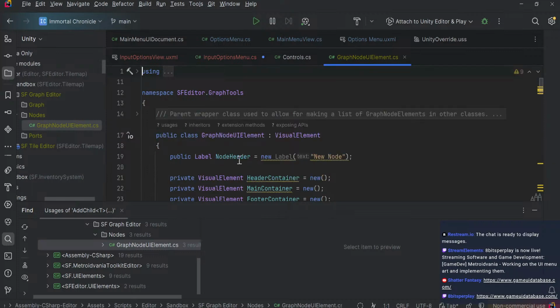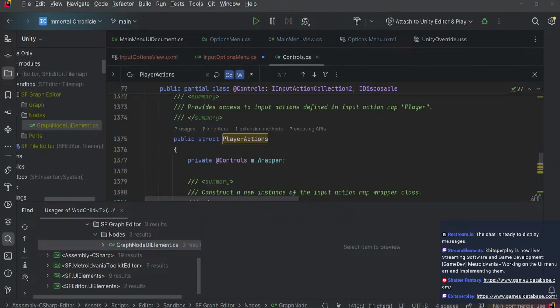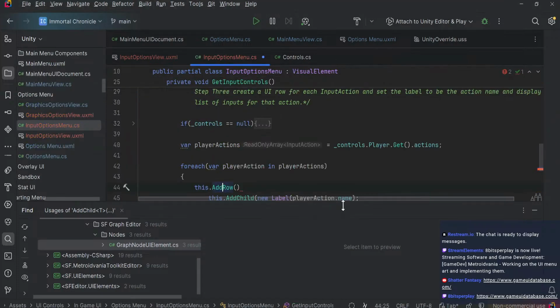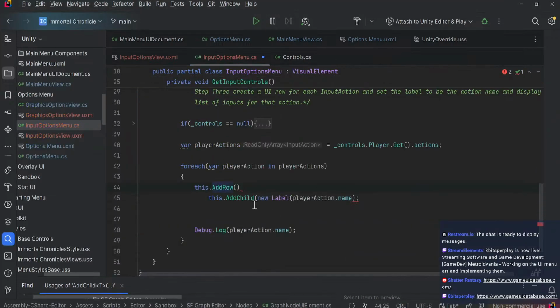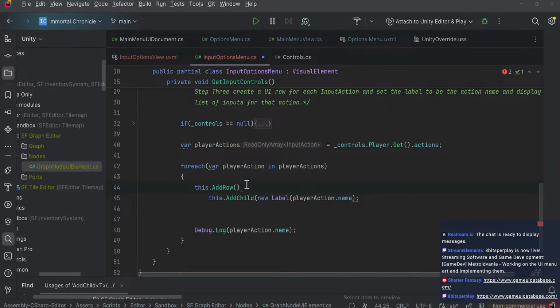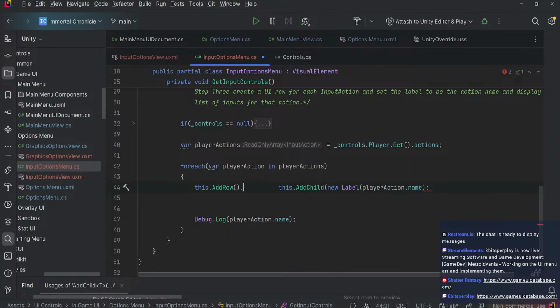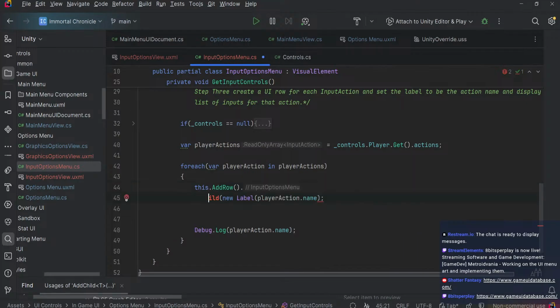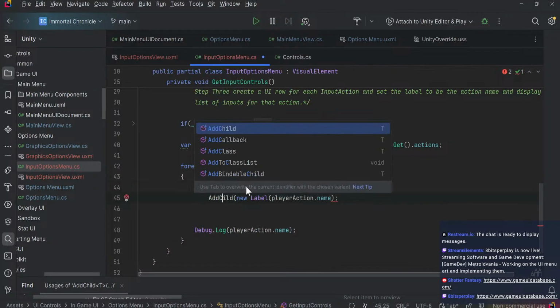Oh, empty source. There we go. Yeah, okay. I did it for the add child thing, but I didn't do it for the add row. Cool. So instead of saying this, I'll just do this, and I'll say add child,